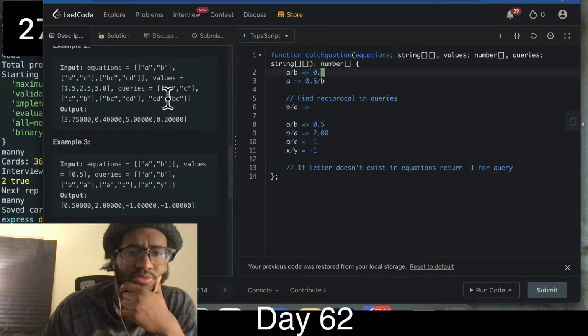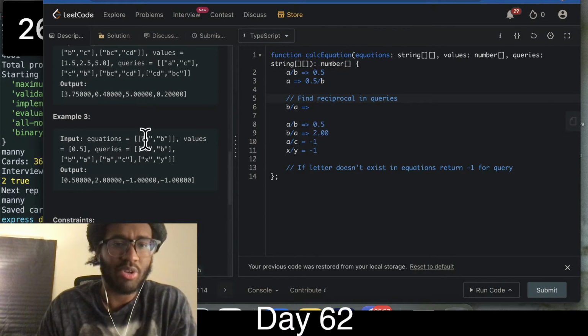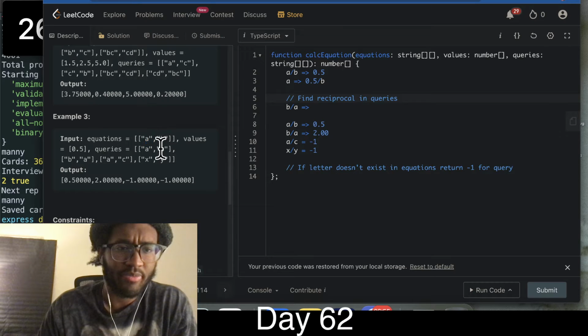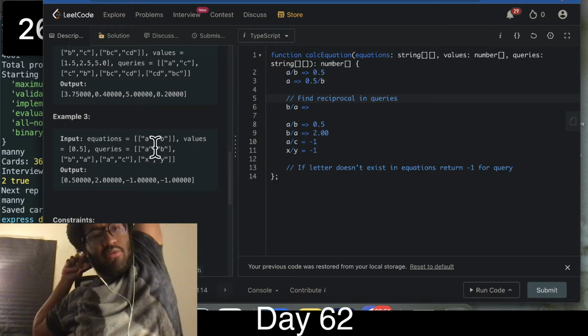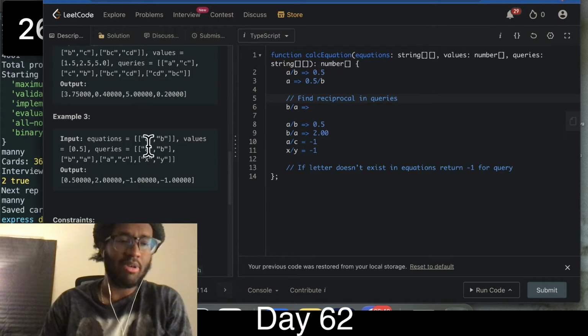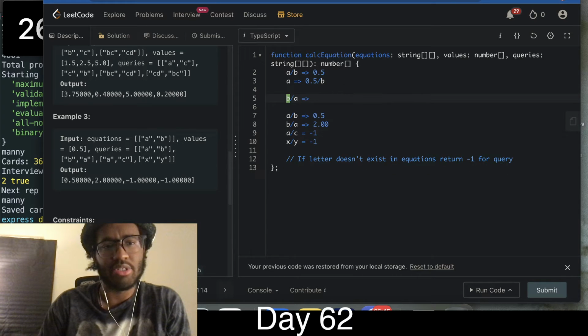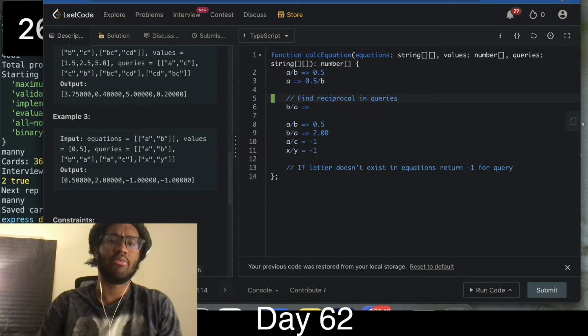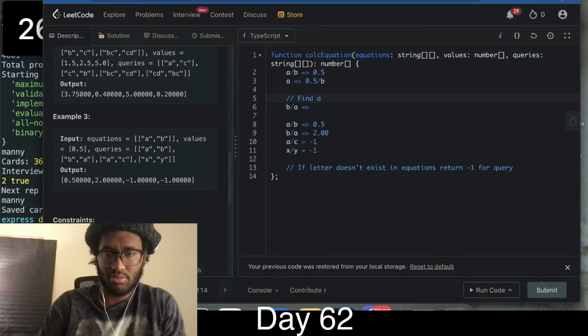Maybe there's some uniform transformation. Well, this is actually not true. So I think we should use our simple example. We know that with AB, we're able to figure out, we know with AB that we can get to 0.5. So we shouldn't need to find the reciprocal in queries. We'll say find in